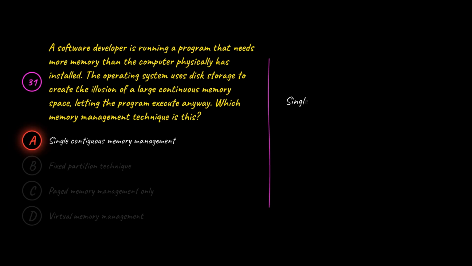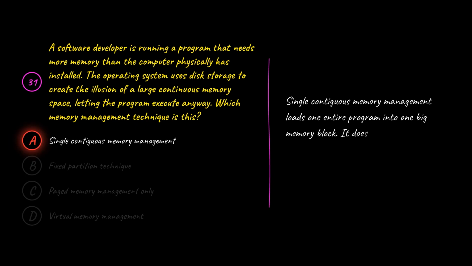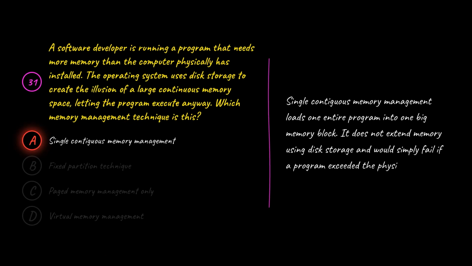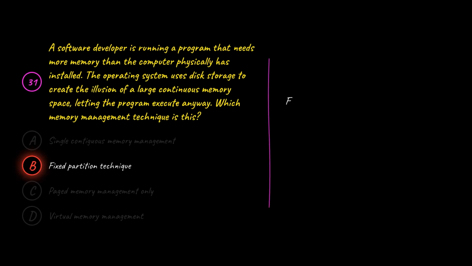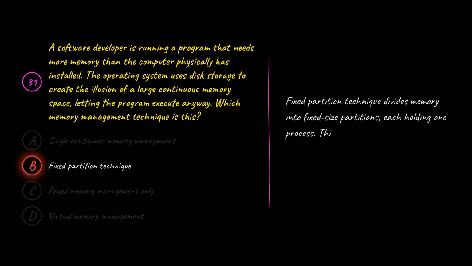A is wrong because single contiguous memory management loads one entire program into one big memory block. It does not extend memory using disk storage and would simply fail if a program exceeded the physically installed memory. B is wrong because fixed partition technique divides memory into fixed size partitions, each holding one process. This approach does not use disk storage to simulate additional memory space when programs exceed what is physically available on